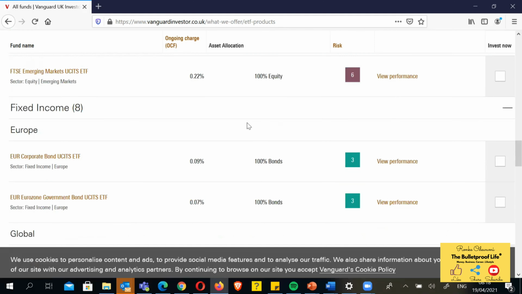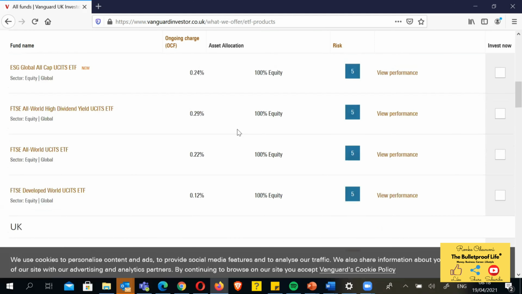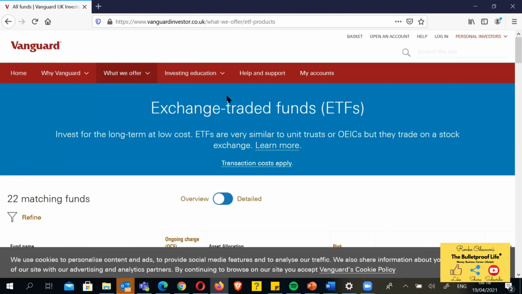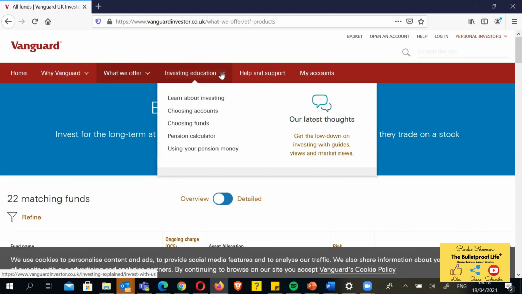So these are the kind of funds you can buy on the Vanguard platform. They also provide some investing education. I always advise people to read up on learning about investing, choosing your accounts, choosing your funds, and using a pension calculator. All of these things are there for you to read up on. So we go back to the home page. Now that we know what they have to offer,